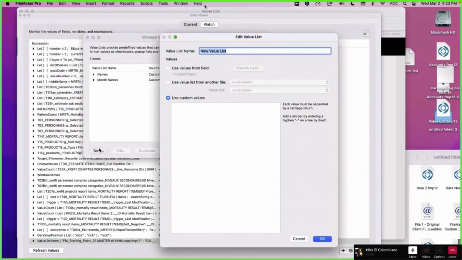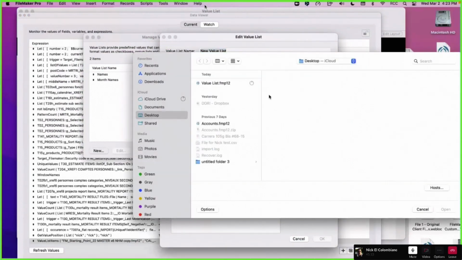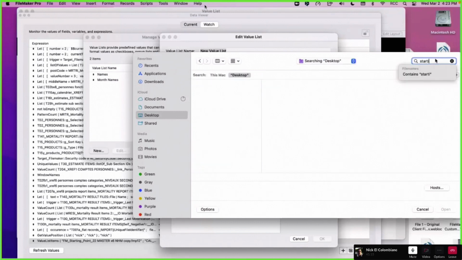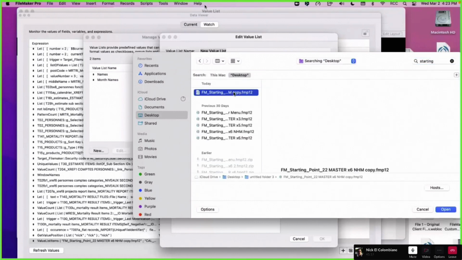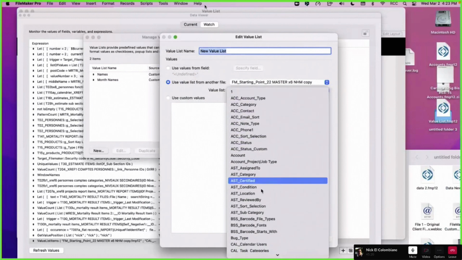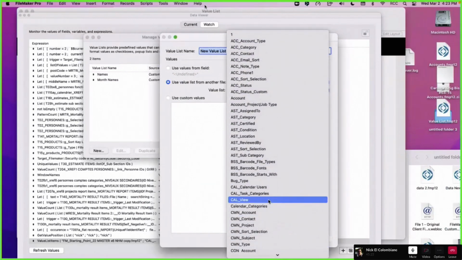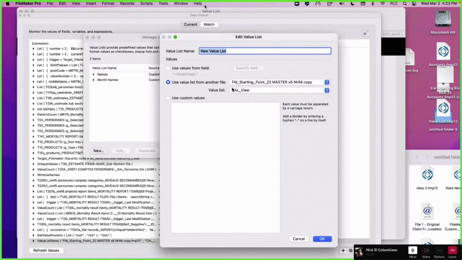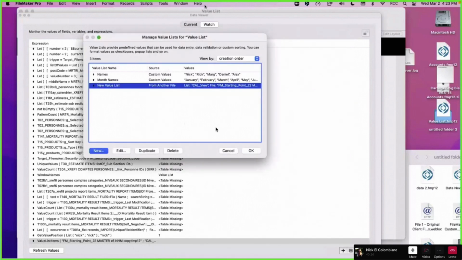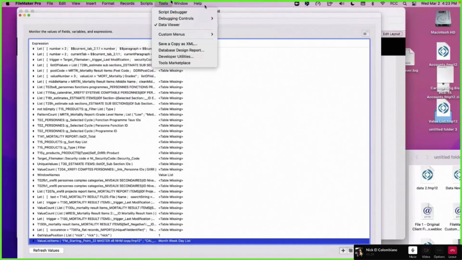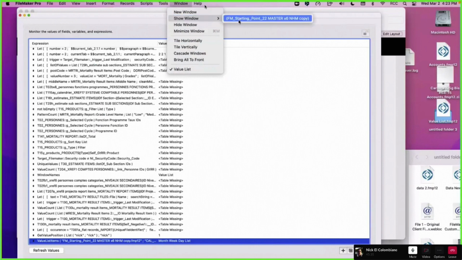Well, it should have here, because if I say new, I need to have a data source. So I need to add a data source and then search for starting point copy. I want the calc view, right? Let's do the same. So now I have an inherited kind of value list. Hold for a second. For those of you who don't know about this, that is a file that was opened implicitly.